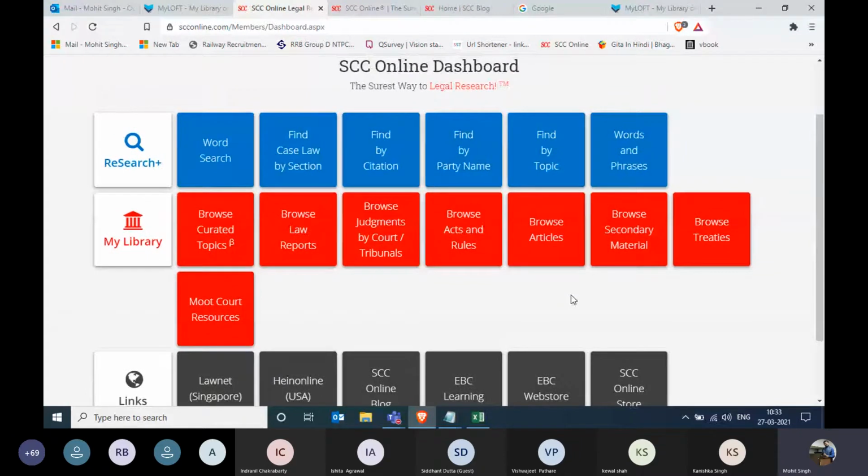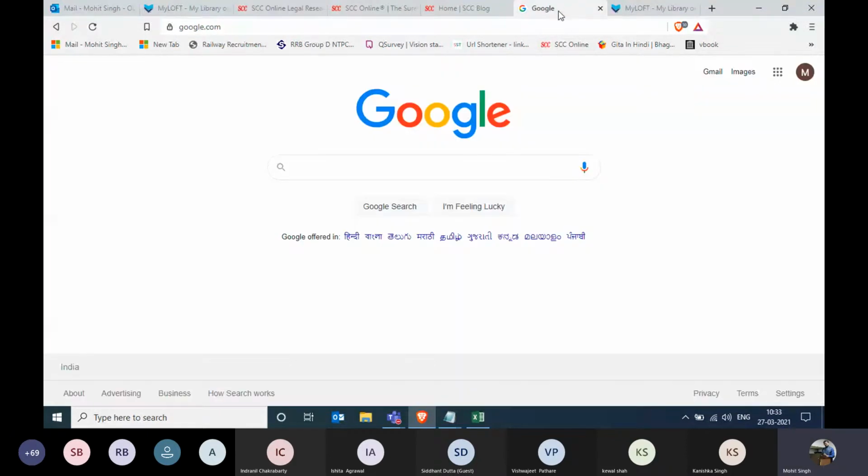All right. Now in the SCC Online dashboard, whenever you want to do research, how can you do research? Research can be made in different ways. In one scenario, you have the citation, you put in the citation, you get the case laws. That can also be a research. Again, if you have a party name, same methodology. But the actual research starts when you do not have anything in your hand and you're just trying your luck by putting some words over here. For example, you go to Google and you try to enter some words which are coming in your head as per your query demands.